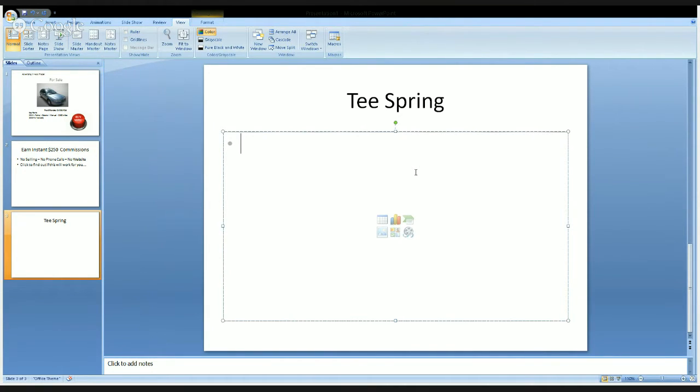Teespring will print them and deliver them to the people that you sell to. So you've got no upfront costs unless you have some design work done. For example, you might have some graphic design done, pictures on your t-shirts, but you can get that done at Fiverr.com for $5 and be quite good.